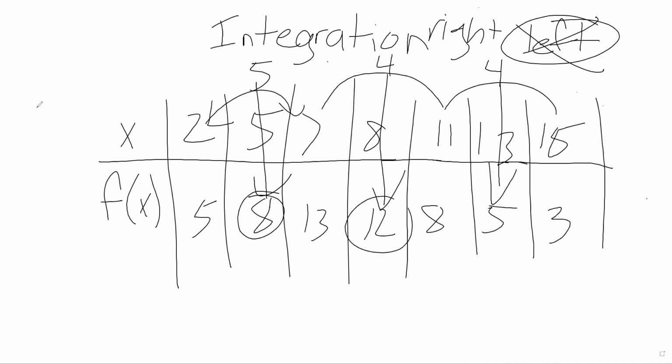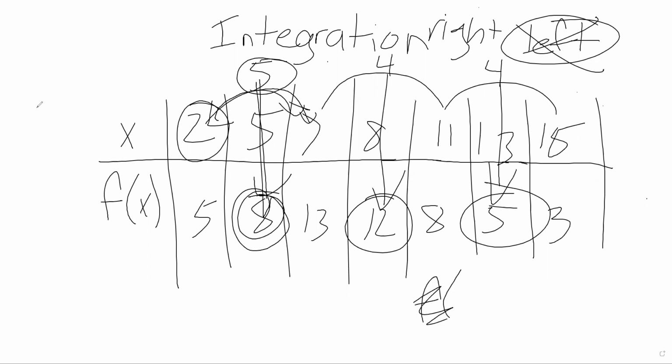Then we end up with 8, 12, and 5. That could be a little confusing. Just know that we started at the left, skipped over one, went to the next one, found that difference. That's how we got the 5. And then we went straight down and you multiply it by the 8. So you end up with 5 times 8